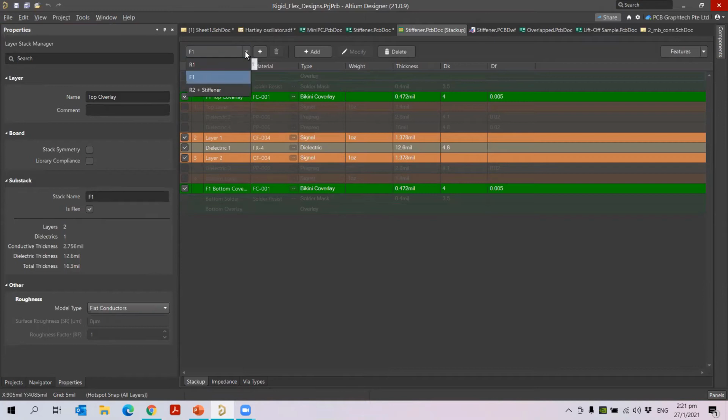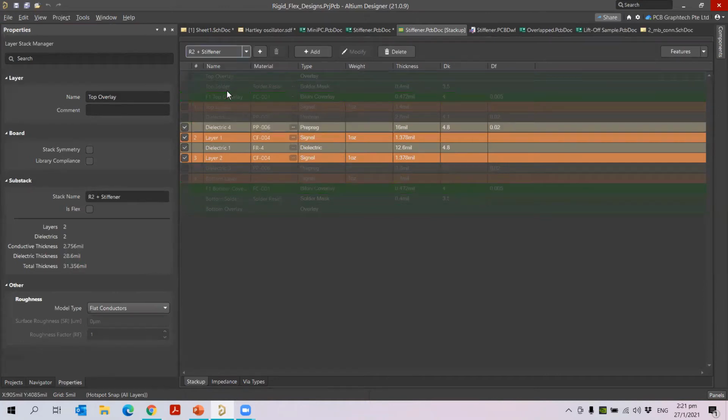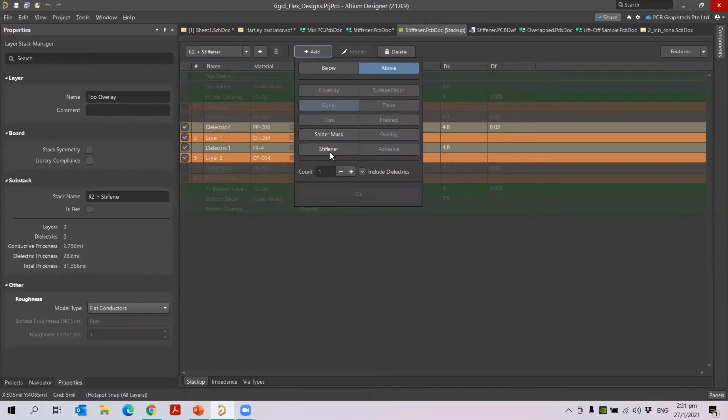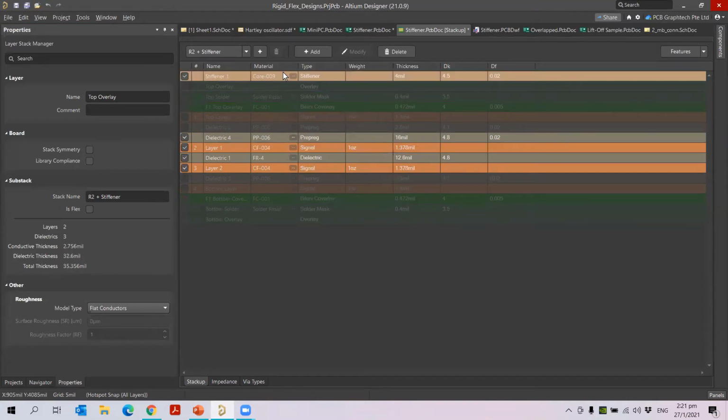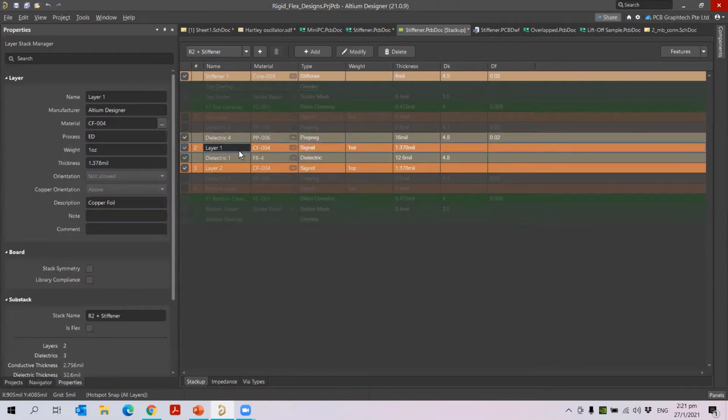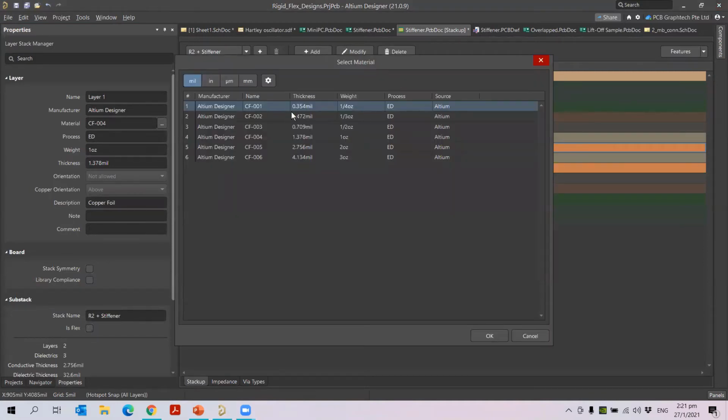Then the next one is R2 plus stiffener. If you want to add the stiffener layer, you can just click the add button here, followed by which you are able to add the stiffener here. Okay, the stiffener can be added above or below. So you can just click add stiffener, and it will be added here. Then if you want to edit the properties of the layer, I click on the layer, for example this one, and you will see the properties of this.